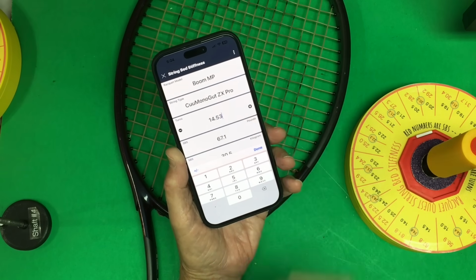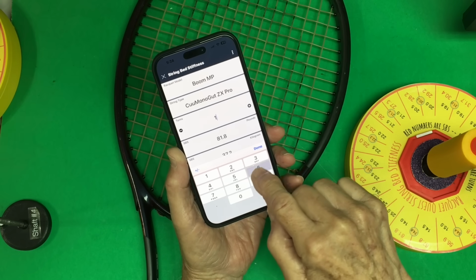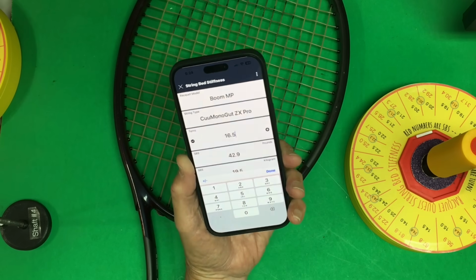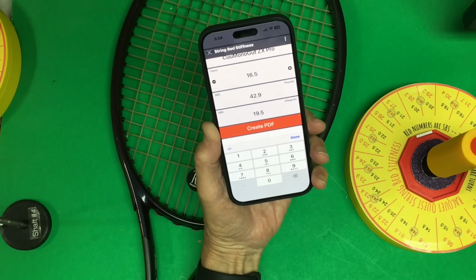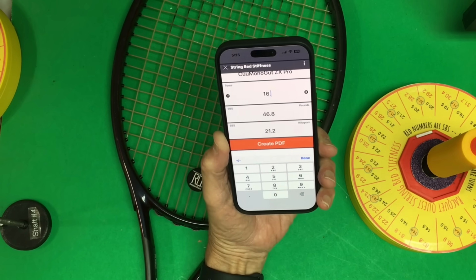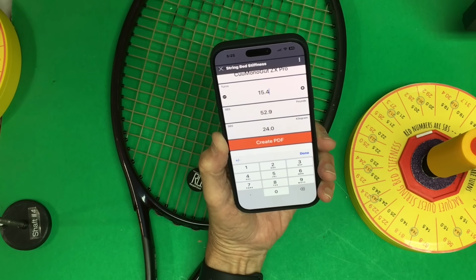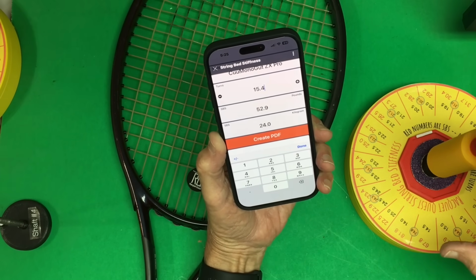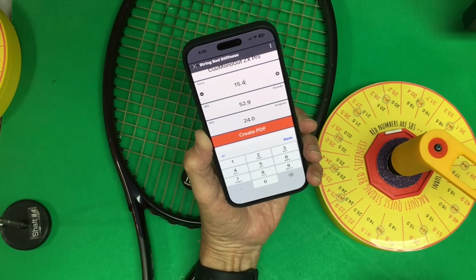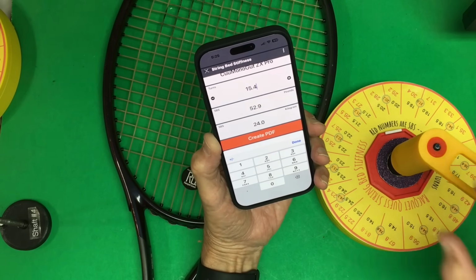This is the number that we took with this one. I think we did 16.2, 16.2, and the string bed stiffness is 42.9. 42.9 pounds, 19.5 kilos. Okay? So if that were 16, it would be 46.8 pounds. If it were 15.4, 52.9 pounds. So it all relates to the number of turns to get this to move. And it just needs to move just enough to tell you to stop. That is the correct number of turns. So stop sign, stop pad, activator,